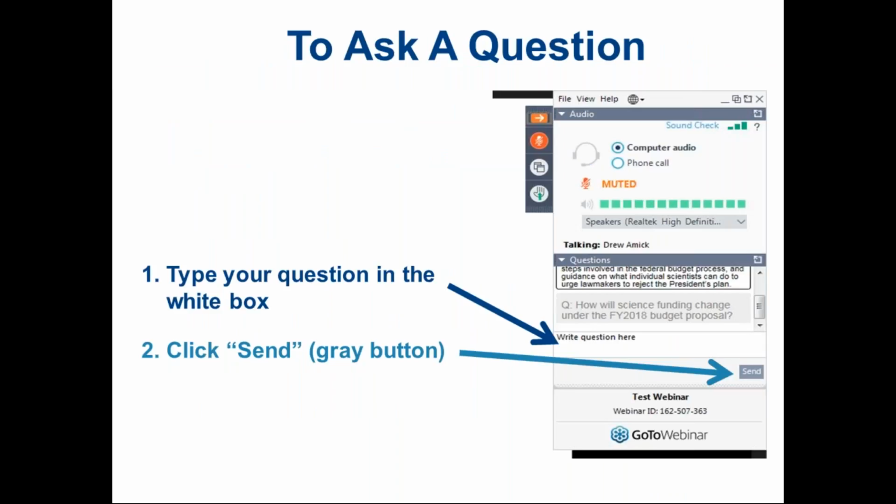Speaking of asking a question, if you look at your dashboard for the webinar, there is a little white box where you can type your question, and then if you click the gray send button, that will send your question here, and we will put them in a queue and answer all questions towards the end, or if I see a question come up and I can address it immediately on the slide, I will do that in real time as well. So please do, this webinar is for you to learn more information about the Excellence in Science Award, so please do not hesitate to ask questions.